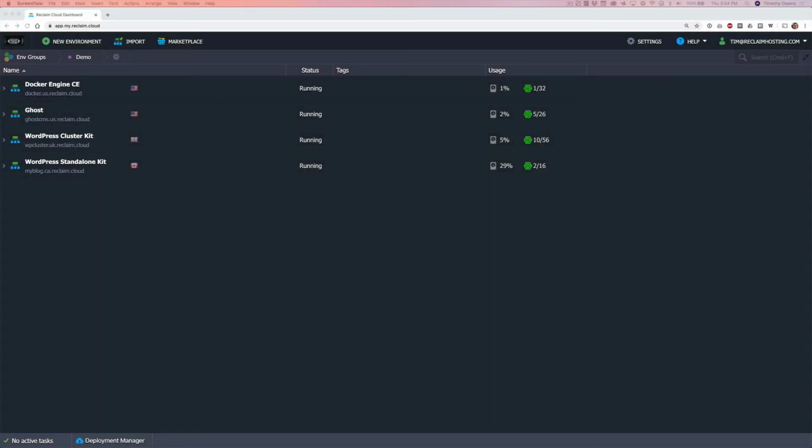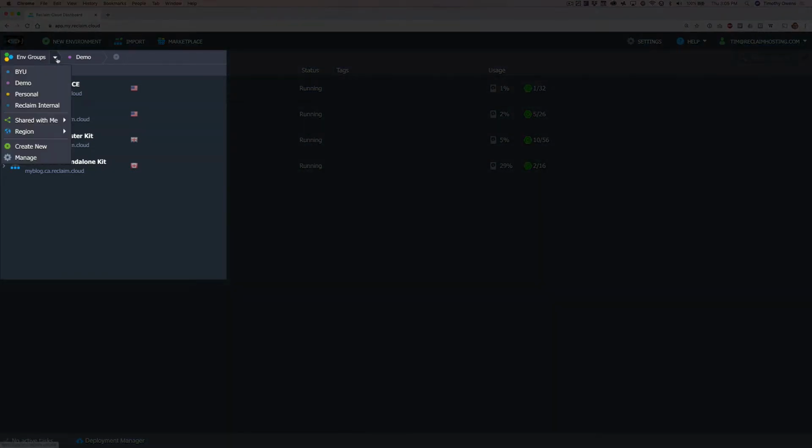Let's look at managing environments that you've created in Reclaim Cloud. When you first log in, you'll see all of your environments listed here. One great way to categorize them is using environment groups. In the top left here, you can expand this drop-down menu to find all of your groups and switch between